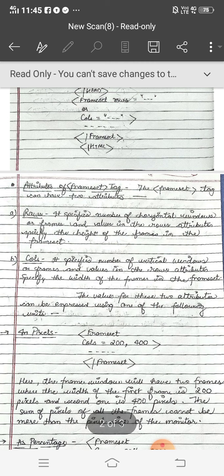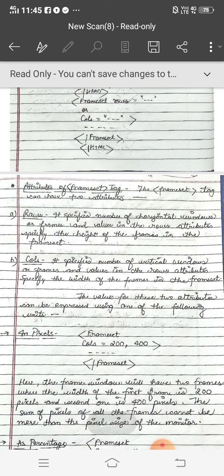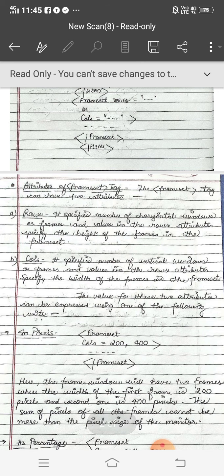The value in the rows attribute specifies the height of the frame. Rows means height. Cols specifies the number of vertical windows, and the value in the cols attribute specifies the width. Columns will be vertical and specify width. Rows will be horizontal and specify the height of the frame.